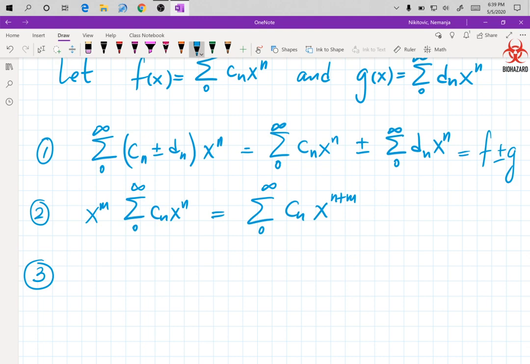And obviously this one is the one that requires a little bit more work. So if h of x is given as b x to the m,